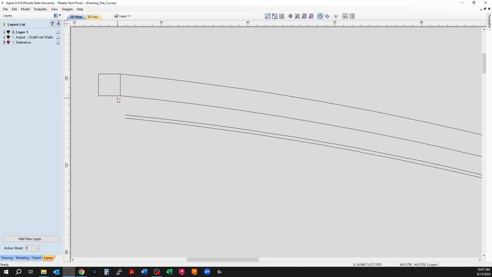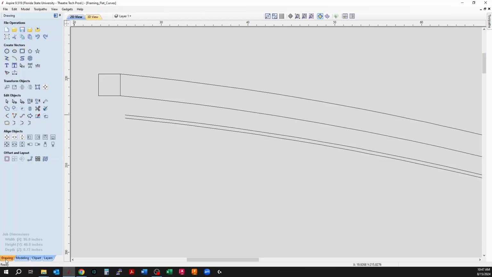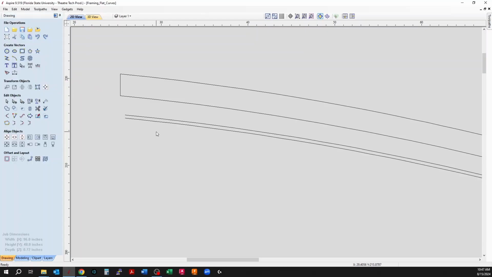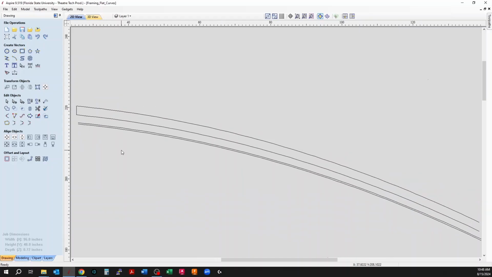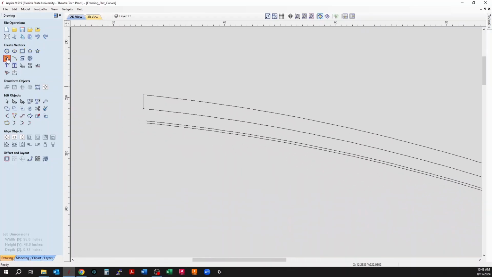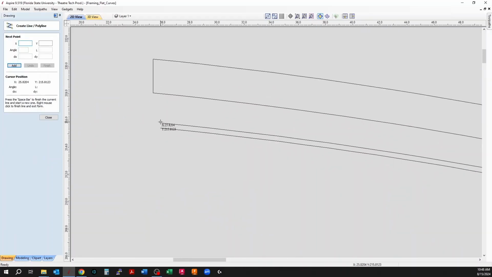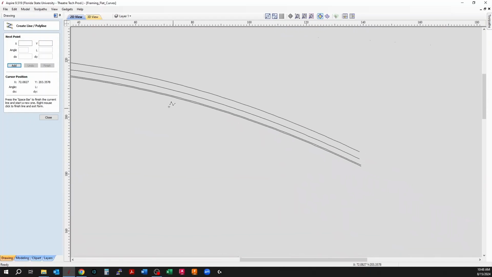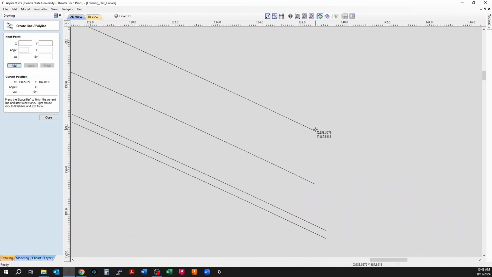Now, I probably don't need this anymore, so I can actually use this to do one of the ends, right? So if the scissor tool likes me, yeah, there it goes. And otherwise, you can just use the polyline tool, which is right here. And if you click, it should go right to those nodes. And look, it's dragging that. I can hit my space bar and say, hey, I don't want you to continue that line, because I want to start a new one, and I'm going to do the new one right here. Space bar again,